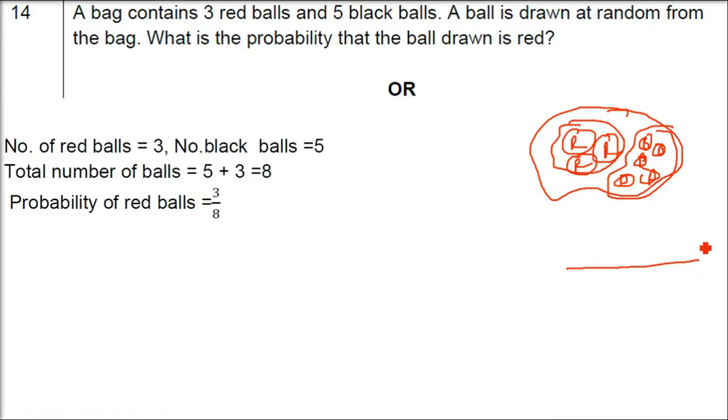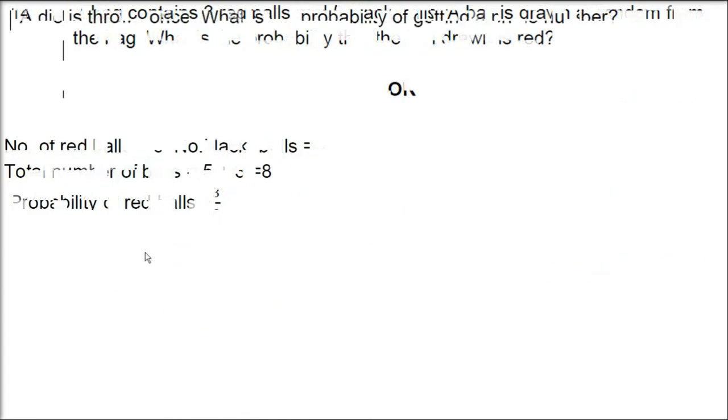So what is the probability? How do we do this? See, number of red balls is 3, number of black balls is 5. Total number of possible cases is 5 plus 3, that is 8 balls can be taken out in total. And what is the favorable? 3, because only 3 red balls are there. So 3 by 8, favorable cases divided by number of possible cases, is the probability. Favorable cases by total number of cases is going to give you the result. 3 by 8 is the answer.